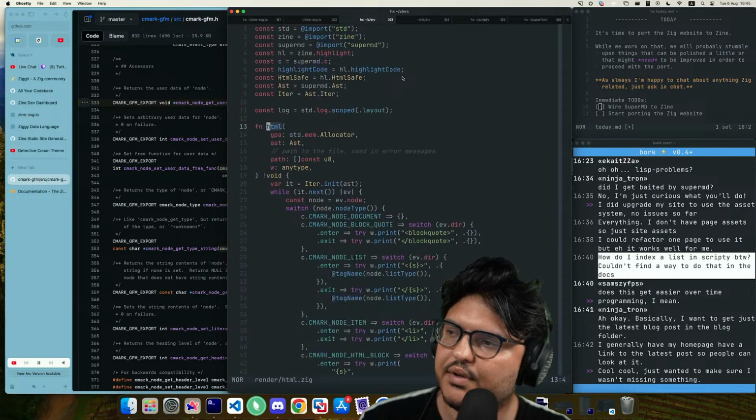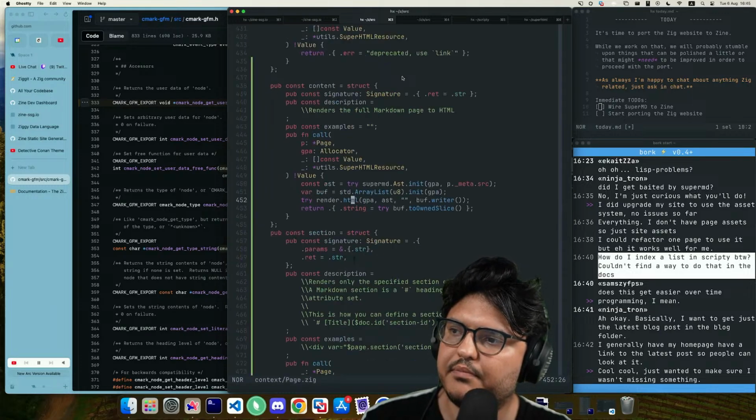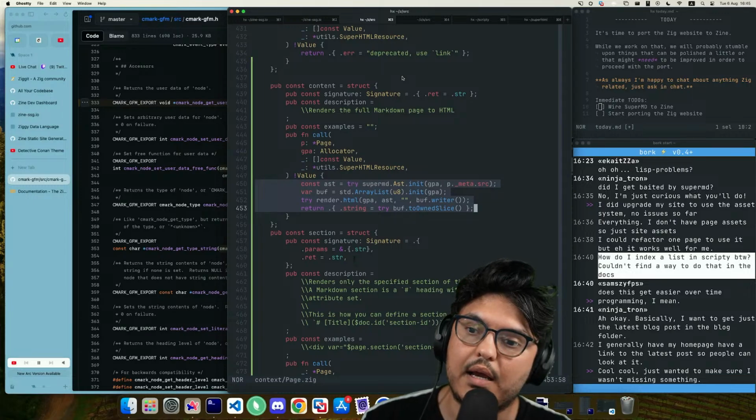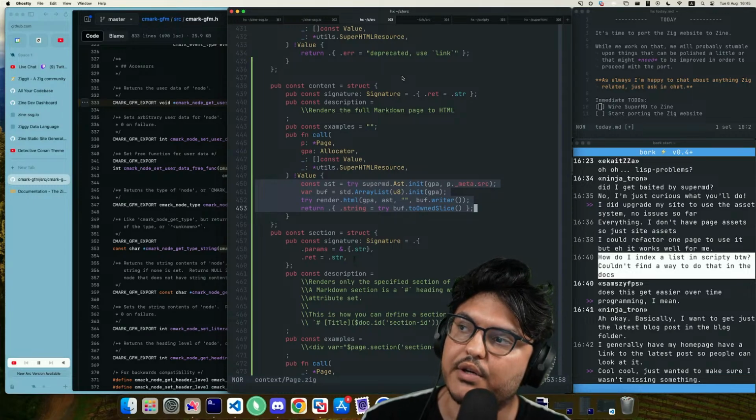I mean, this thing returns void. Okay, so this should be it. So long story short, now content has become a function. Content previously was a field, now it's a function.